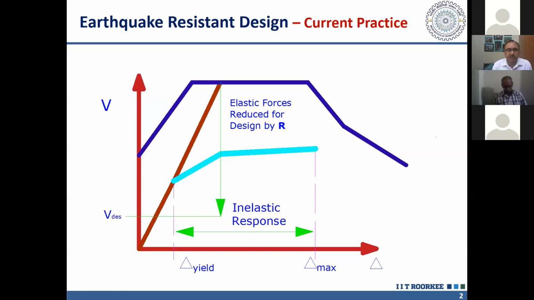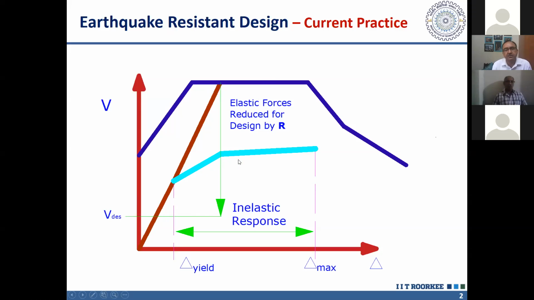So we divide by, let us say, about 5, and then we use some factors of safety. This use of partial factors of safety on load as well as on material gives us a false impression that we are having a factor of safety in case of earthquake. But actually, there is no net factor of safety. Because of these factors of safety, the strength of the structure increases to almost double. So the actual strength of the structure is given by this light blue curve here. So we estimate the earthquake demand, reduce it by response reduction factor, then apply certain factors of safety, and we